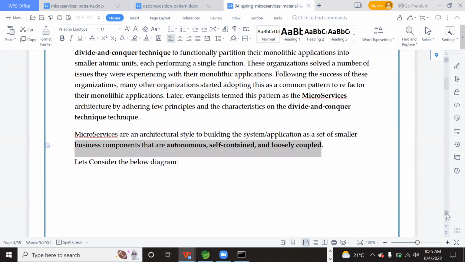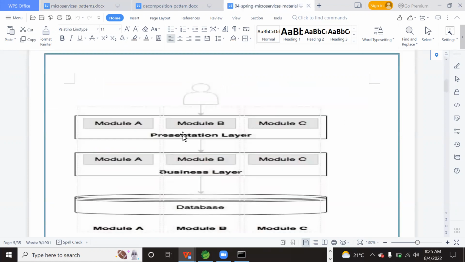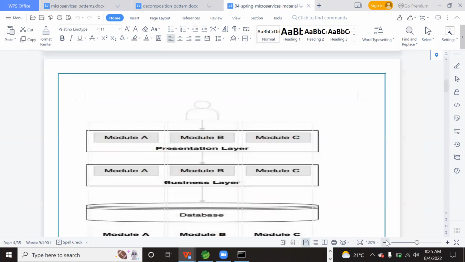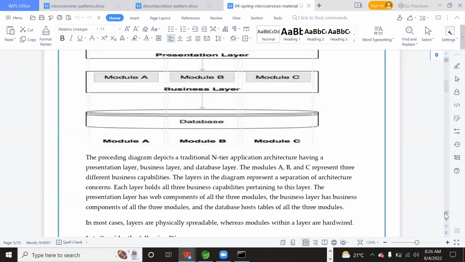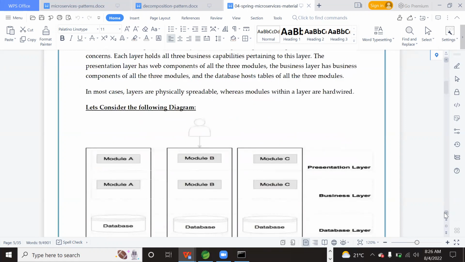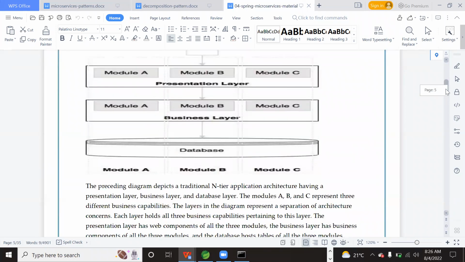Okay, let us see the below diagram to understand microservices. This is a huge monolithic application which contains the presentation layer, business layer, and database layer. The presentation layer is used by the 3 modules, the business layer is used by the 3 modules, and the database is also used by the 3 modules. Now, if we divide this architecture, meaning if we vertically,